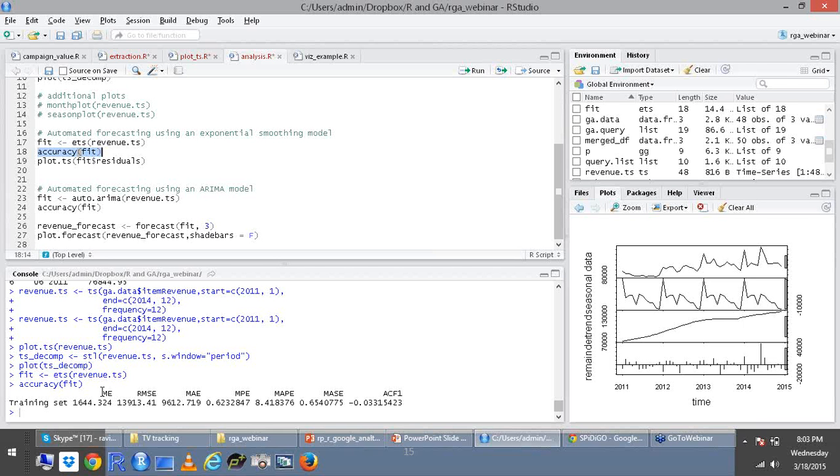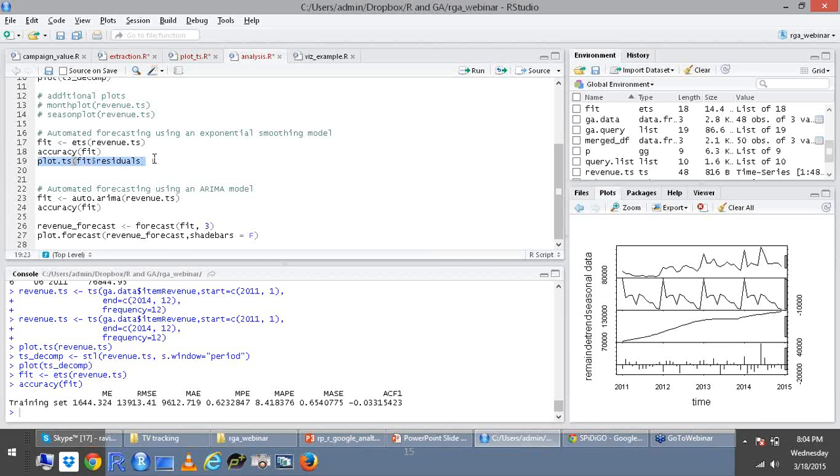There are multiple indicators for errors, but for our purposes we use RMSE, which is one of the most reliable. We can get into details of whether to use MAPE or MASE or MPE, but it's probably beyond the scope of the webinar. So I would not go into that sort of detail.